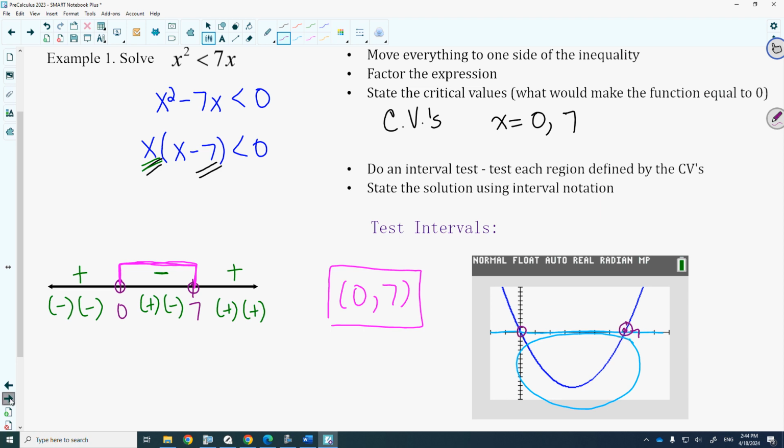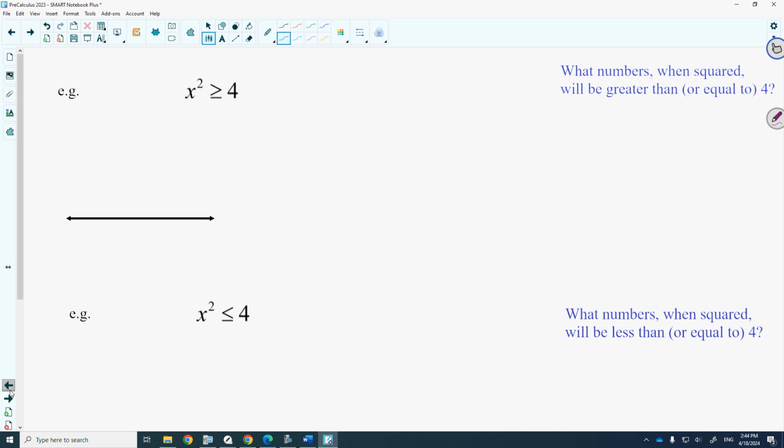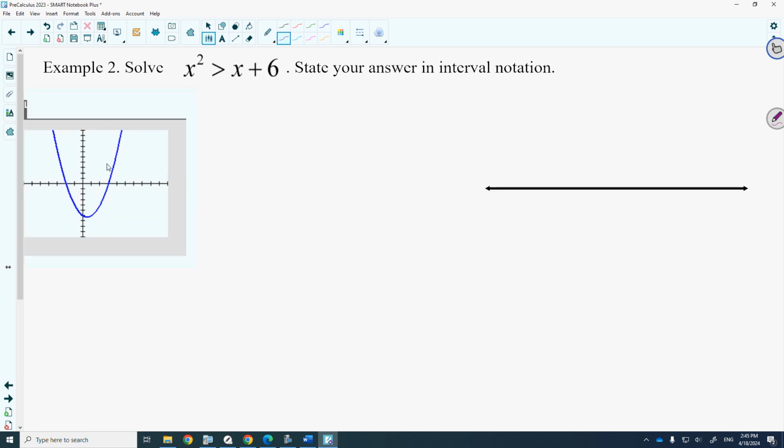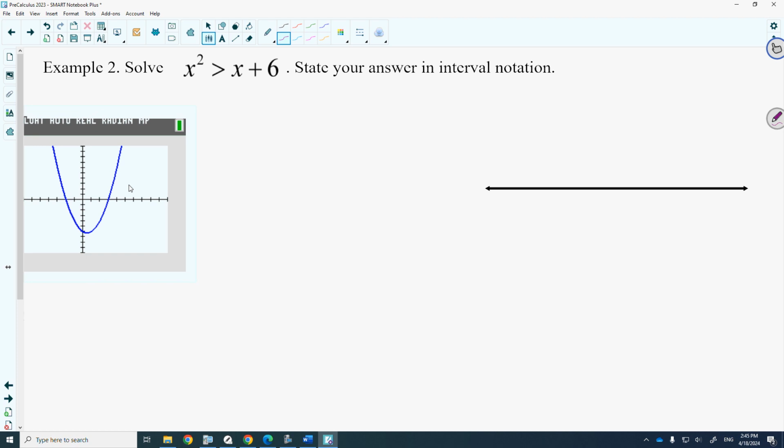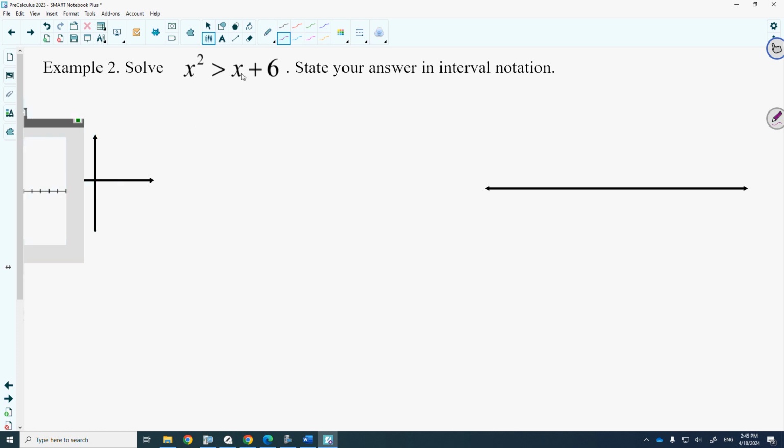Let's do another one of these. Again, let's not look at that. We'll look at that after. Okay? So x squared is greater than this. Recognize that it's a quadratic inequality because it's degree 2. We bring everything to one side and we factor. I am going to bring everything to the left-hand side. So x squared minus x minus 6 is greater than 0. Then we factor. We're going to look for two numbers that multiply to negative 6 and sum to negative 1. So that's going to be x minus 3 and x plus 2